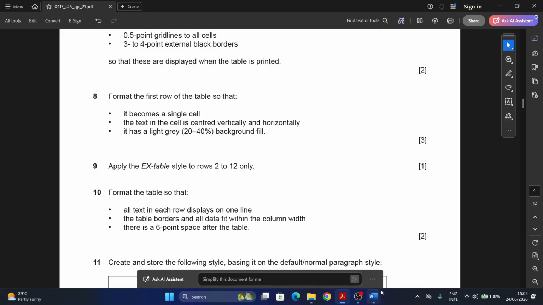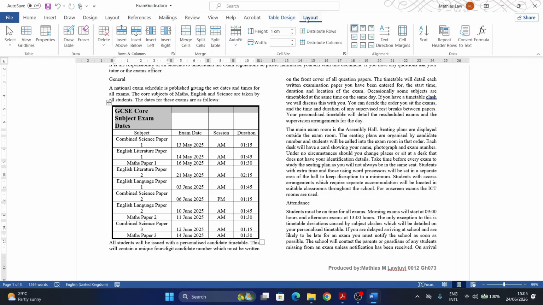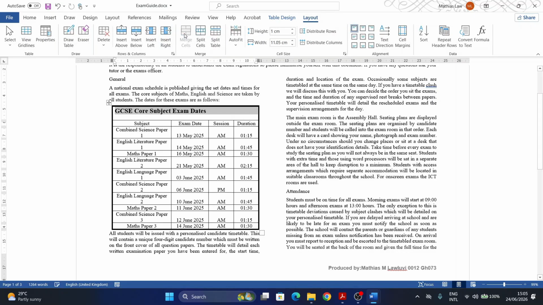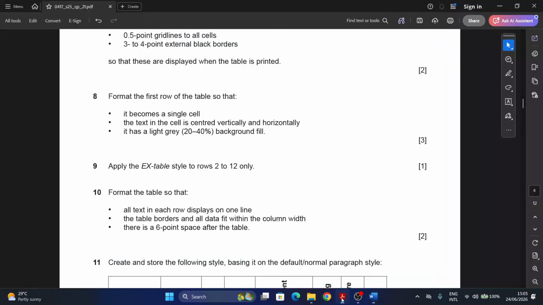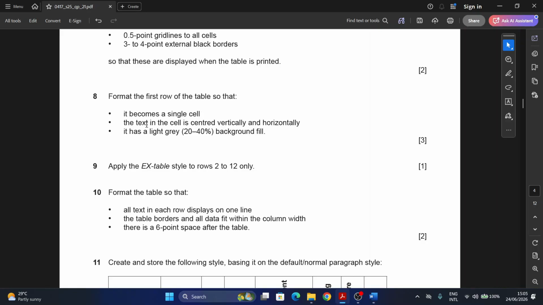line. So we're going to go to the table. The first line here should be single line. So we select that, come to the table layout, and then we merge cells. All right. So let's see what else we need to do. So it becomes a single cell. The text in the cell is